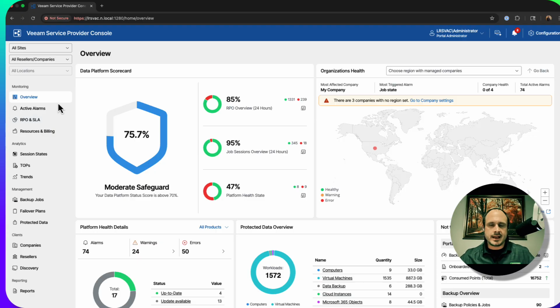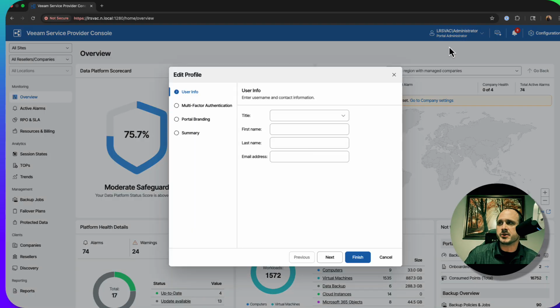Now, I will say that, again, the UI has changed. Some of the buttons have changed. I honestly can't tell you every single little tab that moved, but I think I've done a pretty good job of covering the big ones. I did want to save the best for last, one of my favorite features on all the Veeam products in version 13, as well as Service Provider Console V9, and that is, if I go up to this Administrator tab here and edit my profile, and I go to Portal Branding,